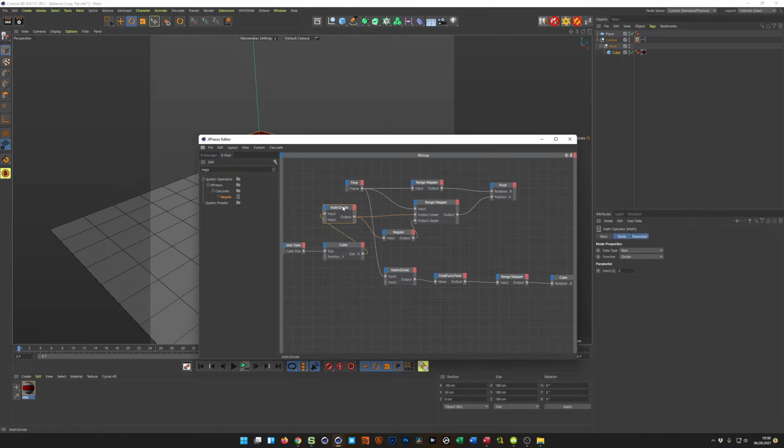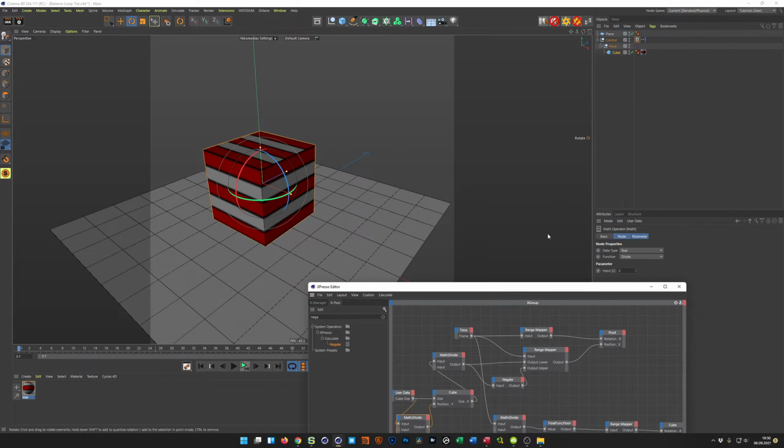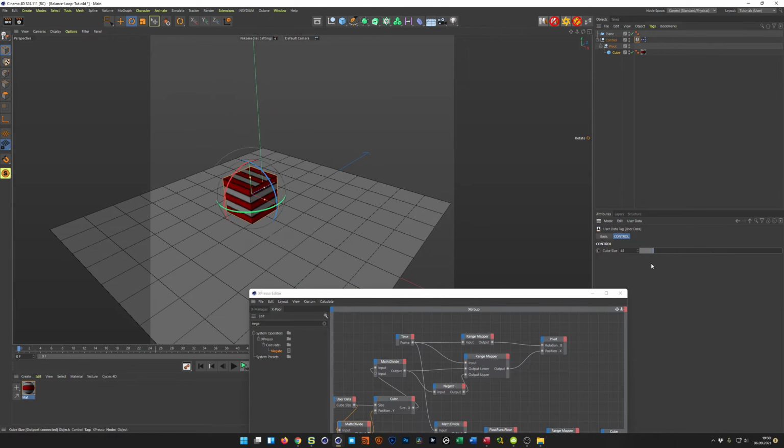Make another math divide here. I copy this down here. This is divided by 2, so I bring it to here and divide it by 2. So this is the Y position of the cube. When I go now to here, the cube always stays on the floor now,